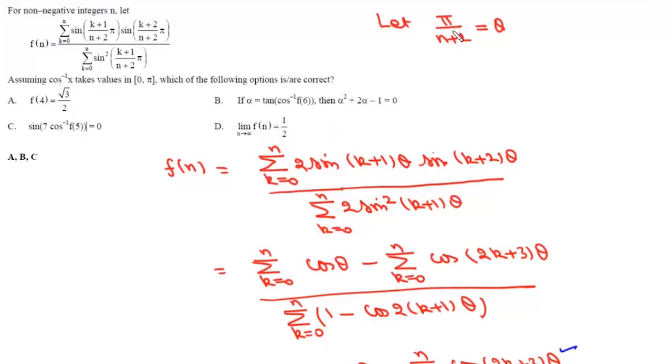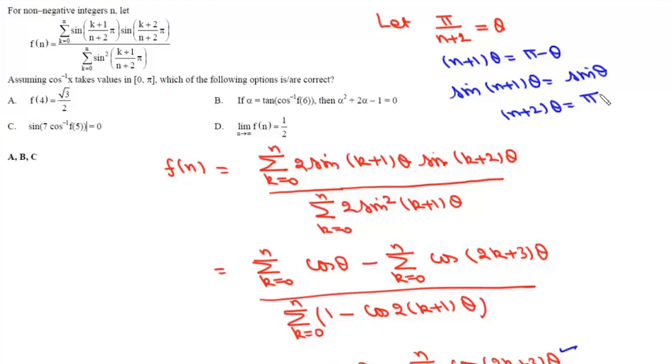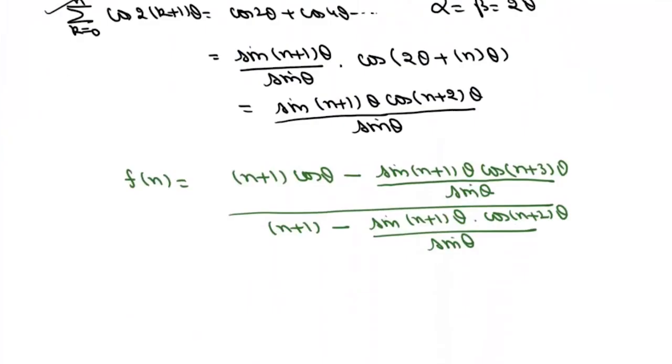Now we have taken pi upon n plus 2 as theta, so we can write n plus 1 theta as pi minus theta. So sine n plus 1 theta will be sine theta, and n plus 2 theta will be simply pi. So sine n plus 1 theta and sine theta will cancel,